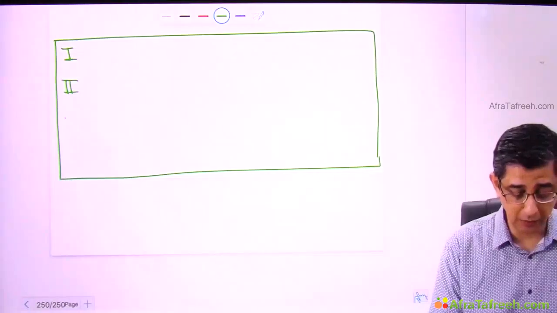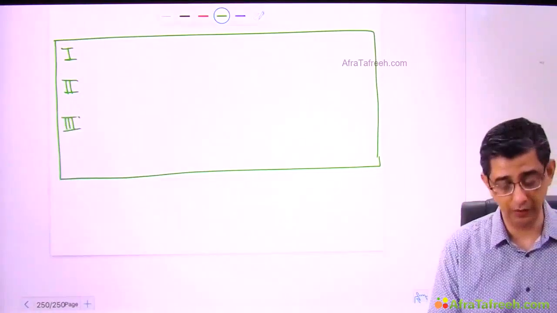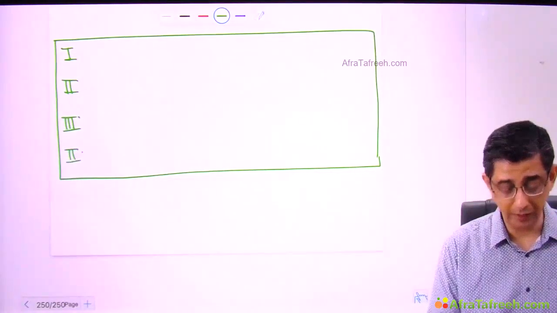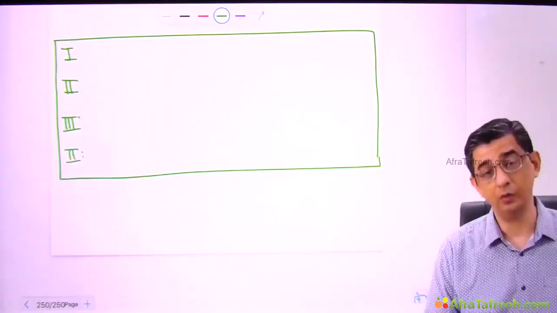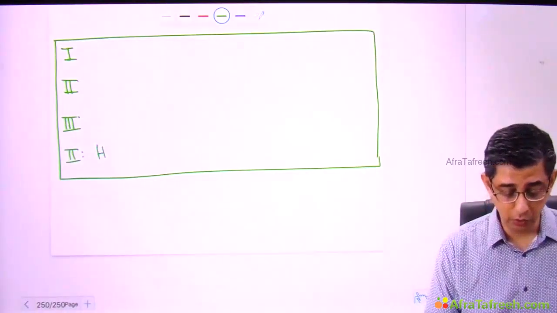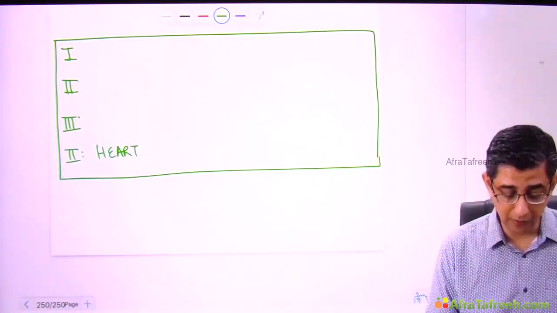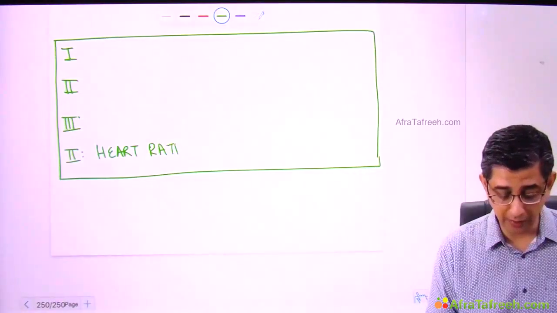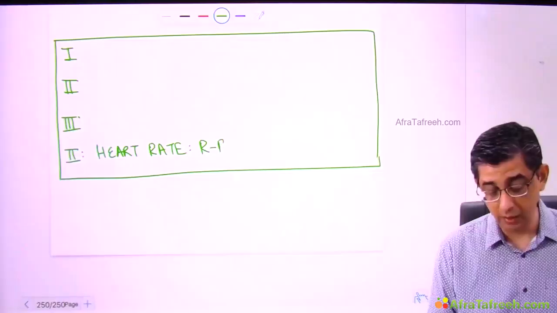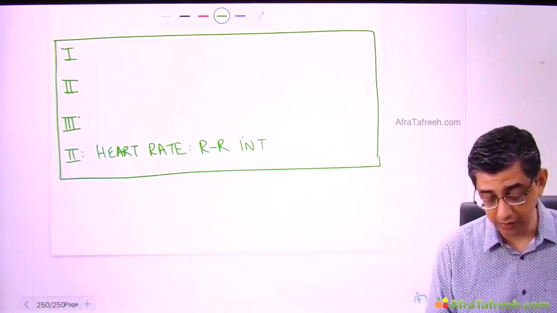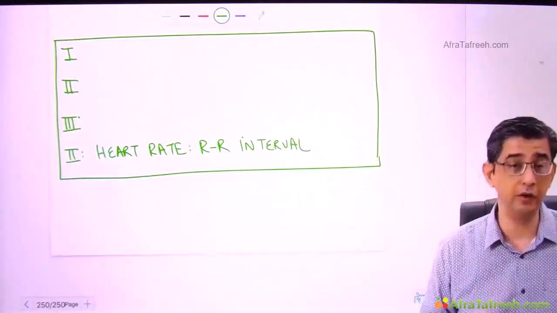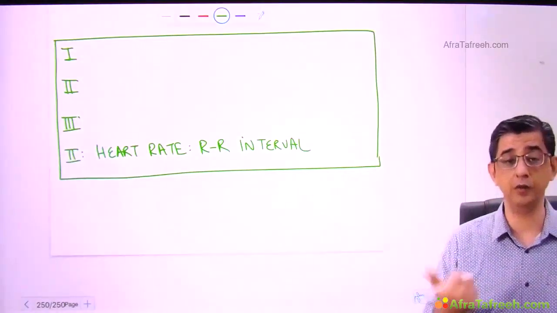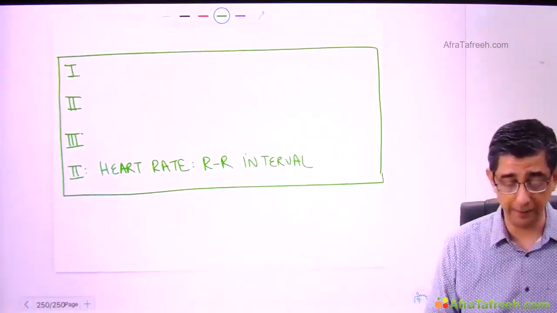So this is how the arrangement is. It is lead number 1, 2 and 3, and lead number 2 is given right at the bottom also. In fact, this continuous lead number 2 that is given at the bottom is best used to evaluate the heart rate. And always whenever you are evaluating the heart rate, check out the RR interval, and don't count the RR interval only once. At least make it a habit to check it twice, because otherwise you might miss out an irregular RR interval of atrial fibrillation, multifocal atrial tachycardia.